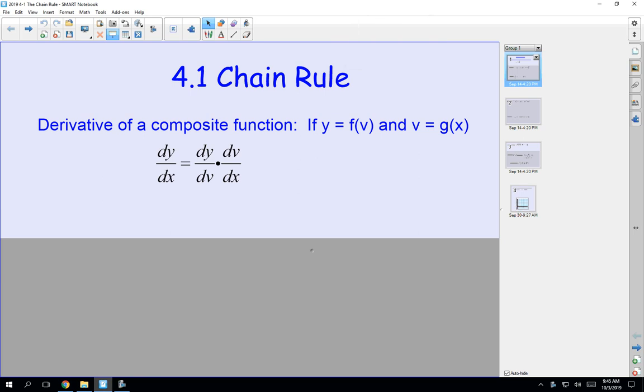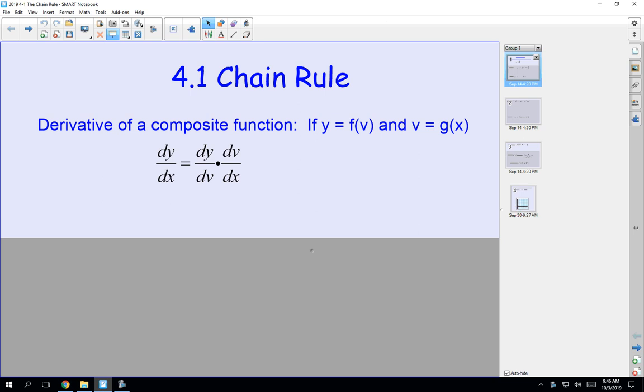All right, so derivative of a composite function. If y equals f of v and v equals g of x, in your book they use the dummy variable u. I chose not to. So if y equals f of v and v equals g of x, then the derivative of y with respect to x is the derivative of y with respect to v first times